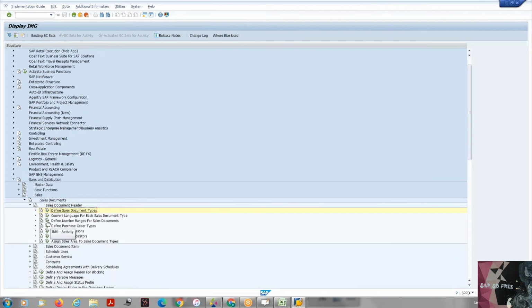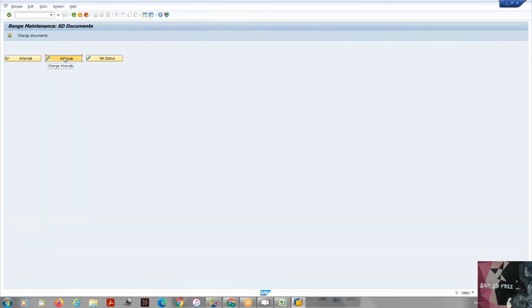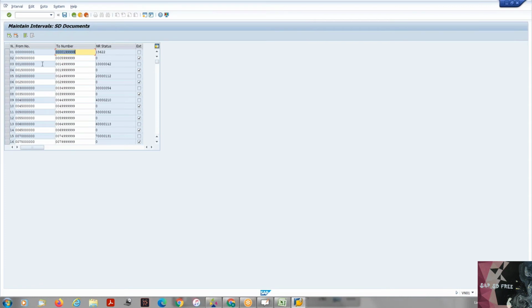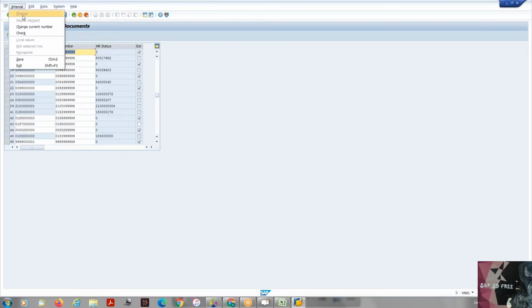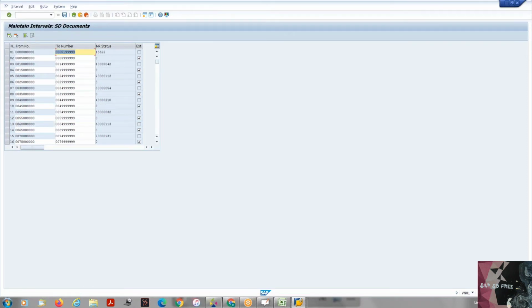Go back here, define your own number range, go to this change interval. Look, if you want to use one of the existing number ranges, it's well and good, or else, if you want to create your own number range, go to this interval. Okay, I think here we don't have this thing. I think for the sales document type, we'll have to just check. It's not an easy task. You need to find some number interval which is not being used, and you can create,